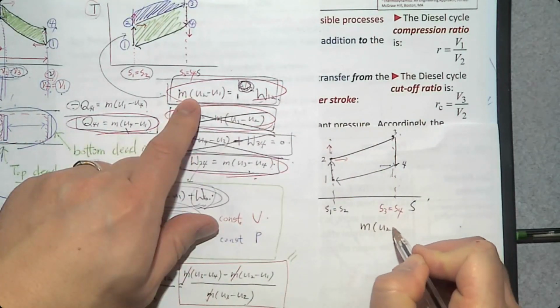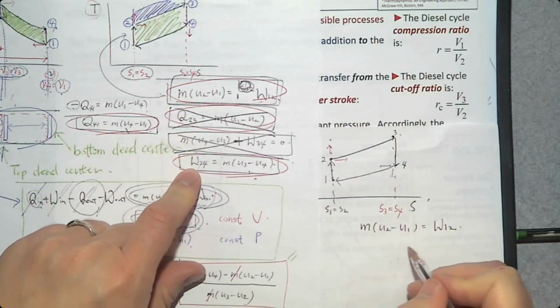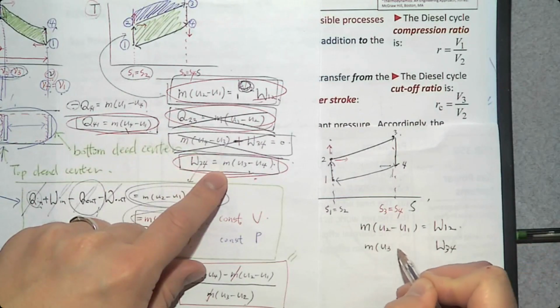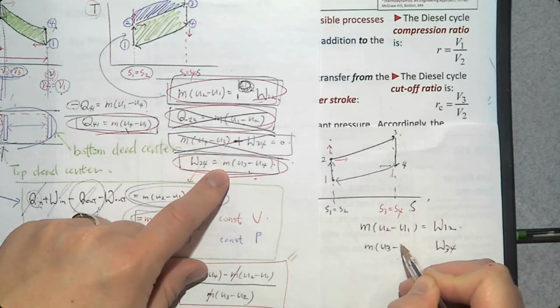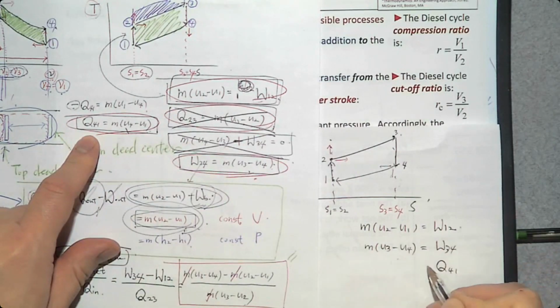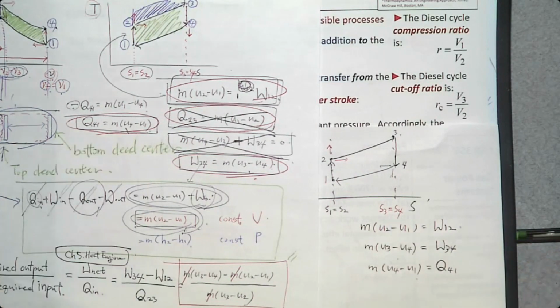And U2 minus U1 is W12. W34 is mass times U3 minus U4. And Q41 is going to be mass times U4 minus U1. So everything is the same except